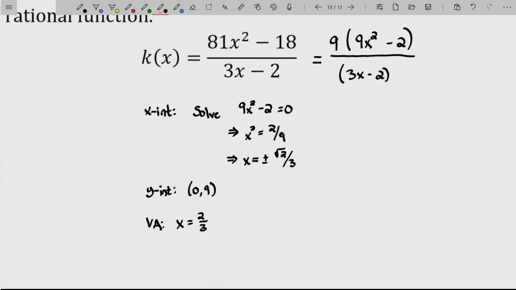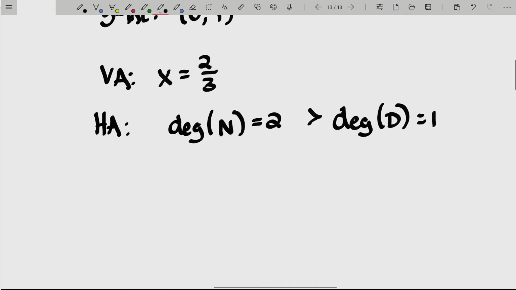All right. And now horizontal asymptote. Now, here's the deal. Just look at the original function, it's much easier. The degree of the numerator is 2, and that's greater than the degree of the denominator, which is 1. If that is the case, then as x gets large, the numerator takes over and becomes ultimately very powerful. This will not tend to a finite number, but it will tend to a pattern. So because the degree of the numerator is greater than the degree of the denominator, we actually do not have